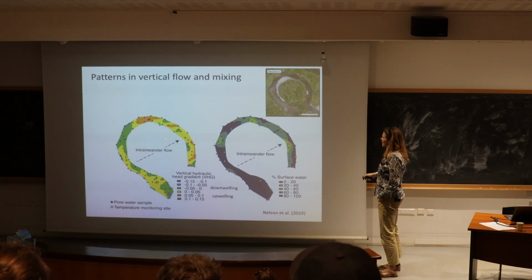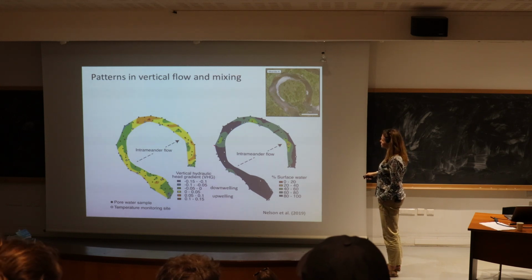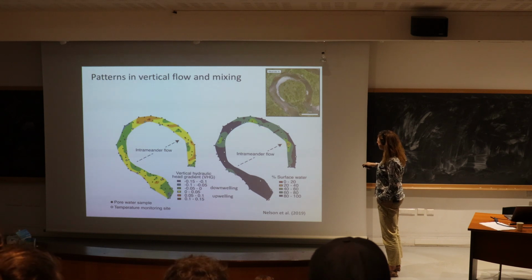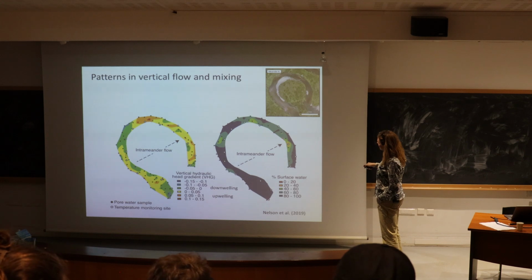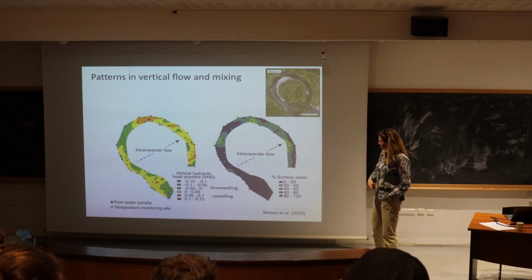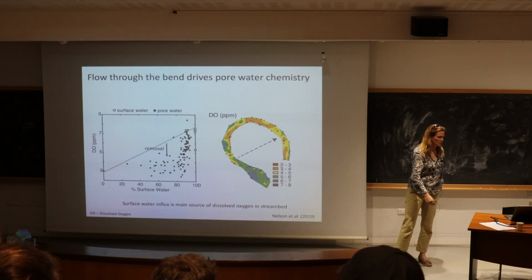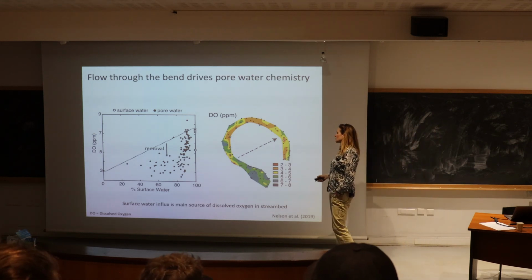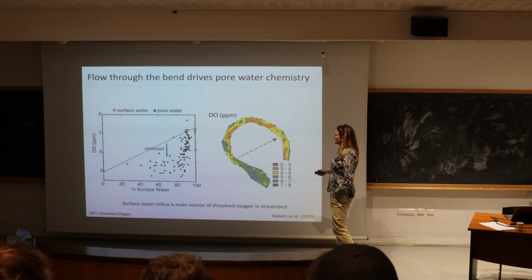And so we see these patterns of, in general, changes in upwelling and downwelling as you go through riffles, and then some changes from side to side as you go around the bend that affect the amount of groundwater that tends to come out. And so we get these patches of groundwater coming out on this end as we go around the bend. And this is what affects the dissolved oxygen I've already showed. We can also do like a really simple trick where we look at the dissolved oxygen in the stream, and we look at the dissolved oxygen in all of our pore water samples.